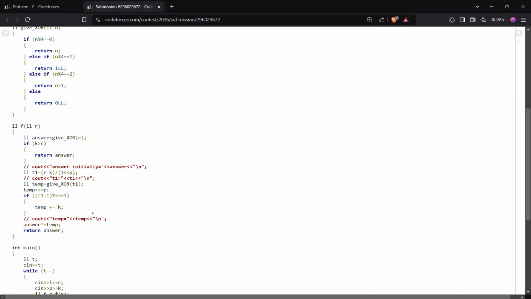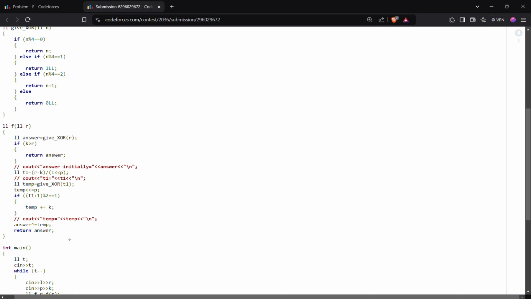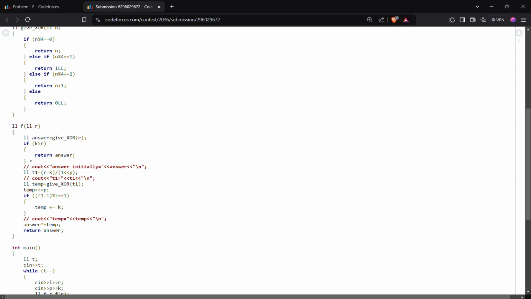The answer is the thing which I am returning finally in the function. So the function returns long. The answer is the XOR of r, meaning the XOR of the elements from range 0 to r. And if k is greater than r, what you can see here is that if k is greater than r,